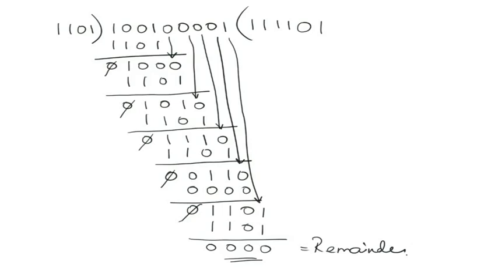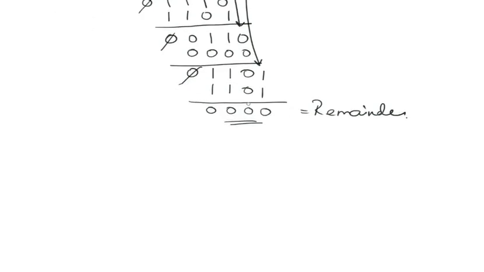So this is the process which takes place at the receiving end. The message along with the remainder from the previous case are appended together, and this is taken as the dividend, and the divisor is the same generator polynomial. Again the same process of division is continued. Here, in this case, we got the remainder as all zeros. Now the receiver will understand that there are no errors in the transmission.